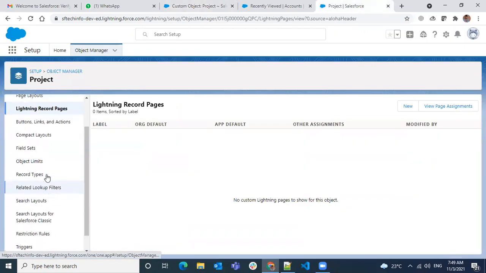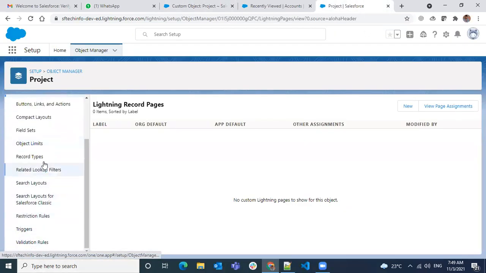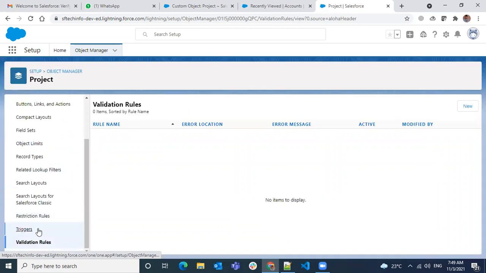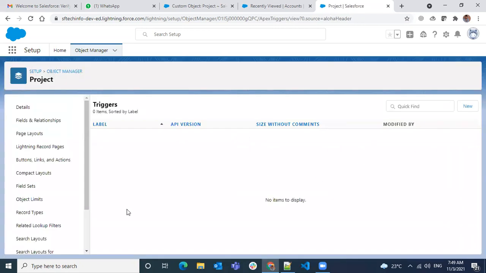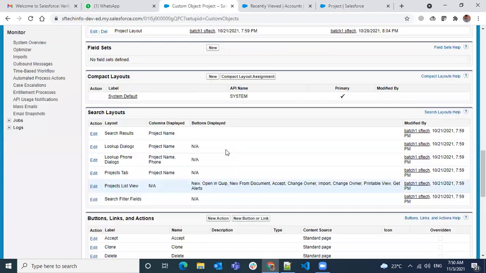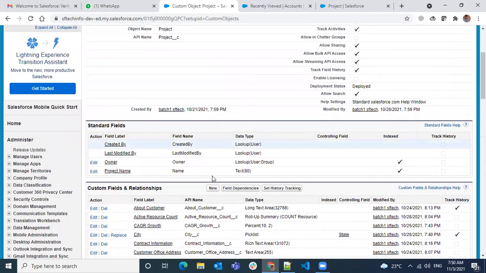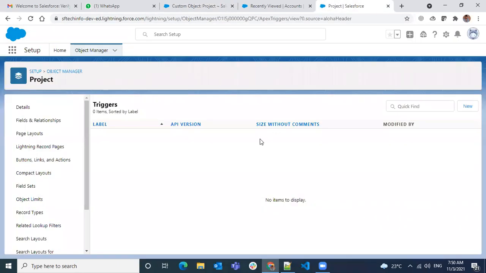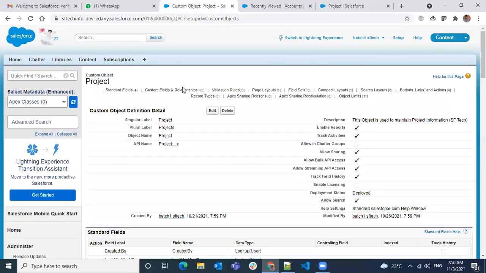When you look at Lightning, it will be grouped into a left side pane, and you just have to click on each pane and see what you have and whether you can create a new one or find it. That's the only difference. So you don't need to worry much about Classic. Why? Because once you know it in the Lightning, it's not too hard to find in the Classic.